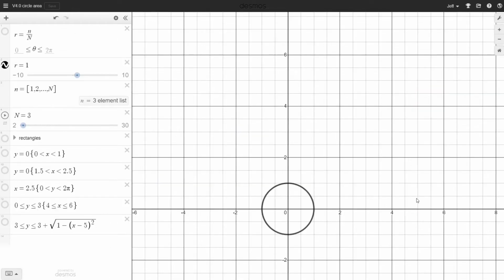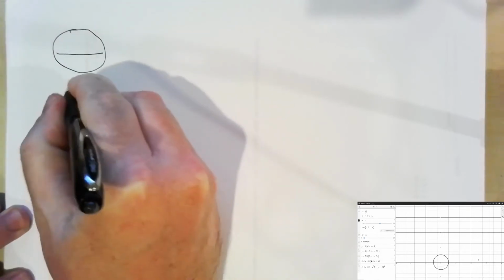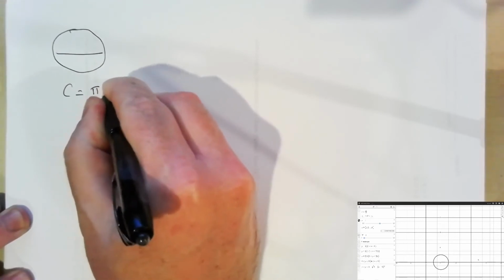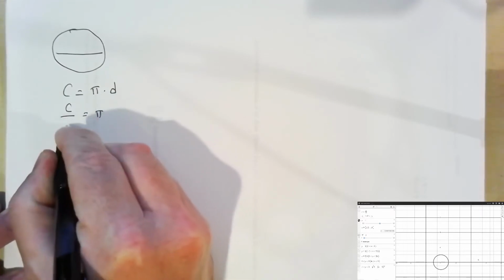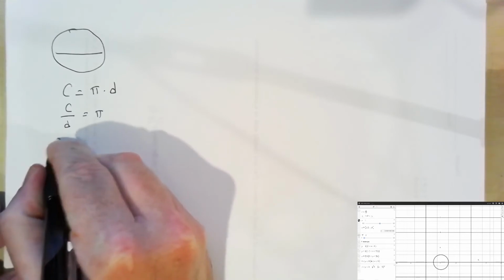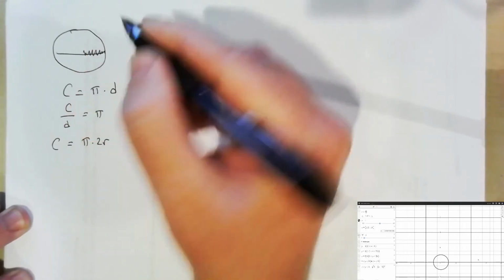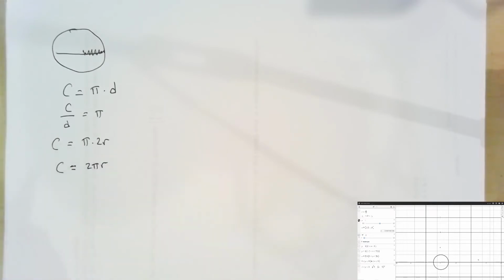Well, what about circles? Do we know what the area of a circle is? You probably remember the formula, but before we think about the area of a circle, let's remind ourselves that the circumference of the circle, the distance all the way around the circle, is defined to be pi times the diameter. Actually, pi is defined as the ratio of the circumference of a circle to its diameter. But the circumference formula then can also be written as pi times twice the radius, because a radius is half the diameter. So we get the familiar formula, circumference equals 2 pi r.